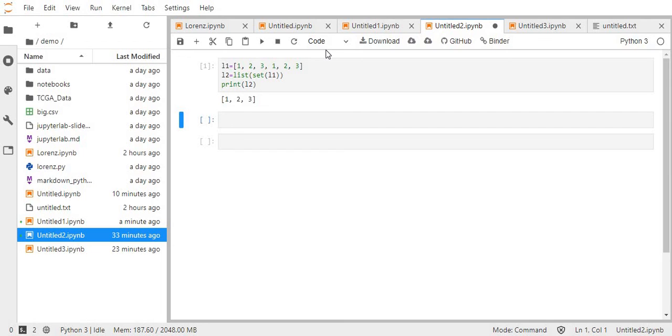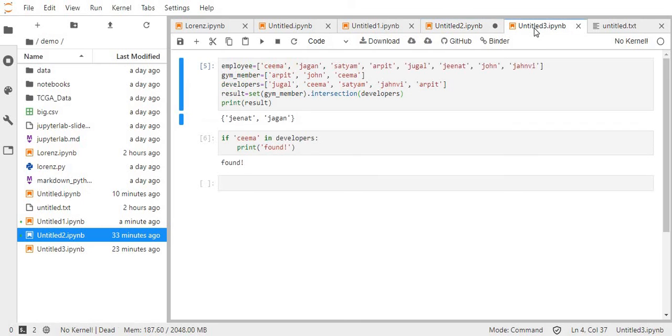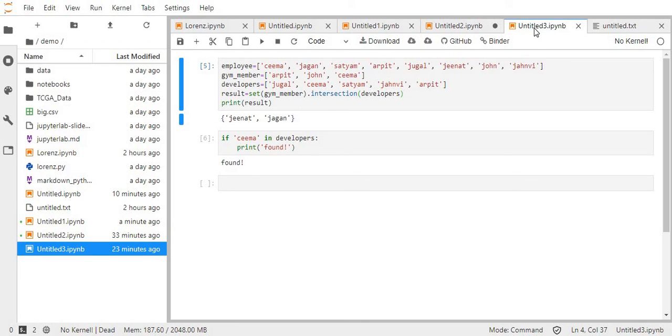Now let's look at some more operations on sets. Here I have created three lists: one of employees, another is a list of employees who have gym memberships, and the last list is of the employees who are developers. First of all, let's see which employees have gym memberships and who are also developers. To do this, we can simply use the intersection of sets.